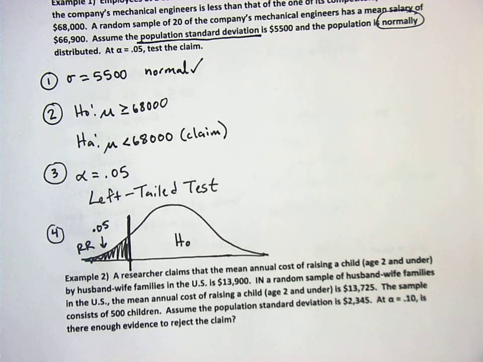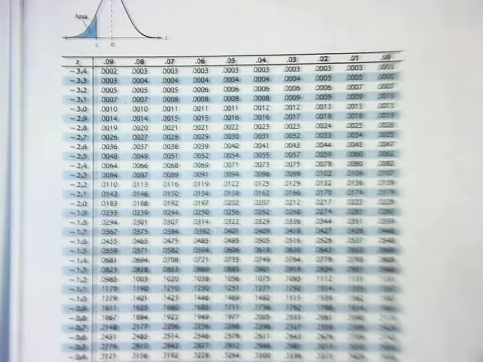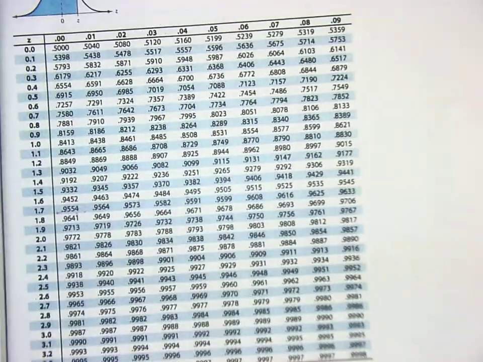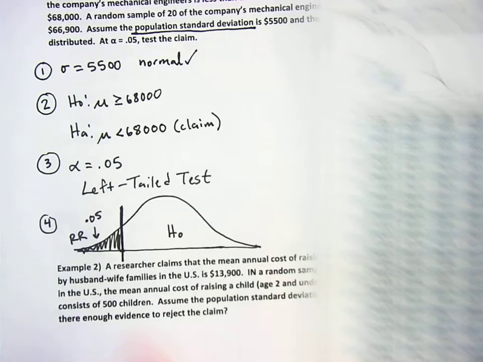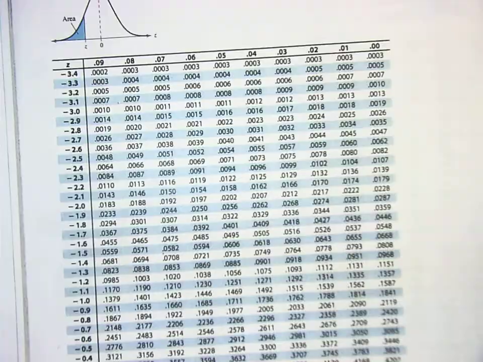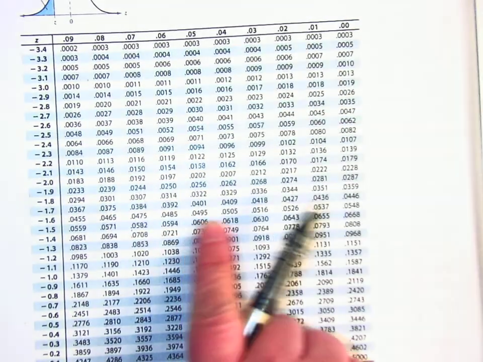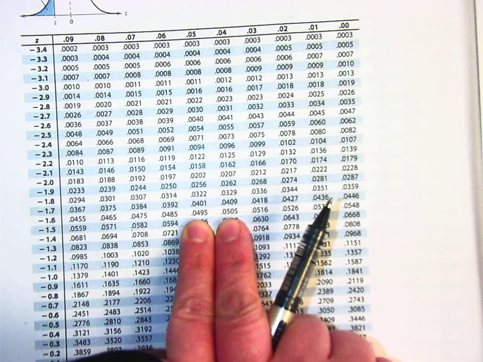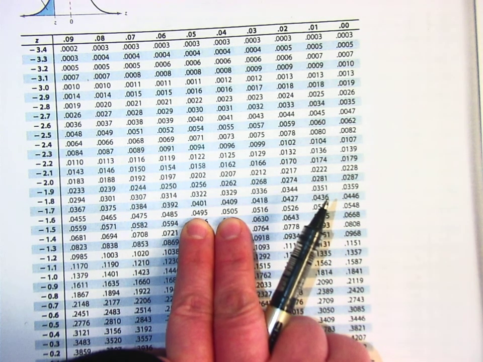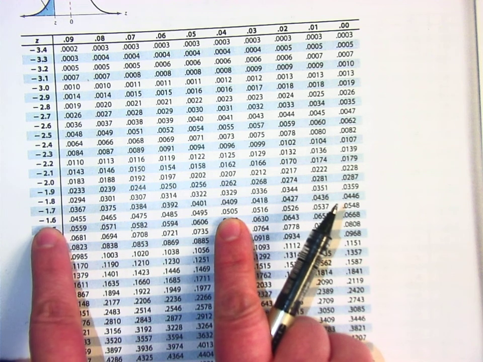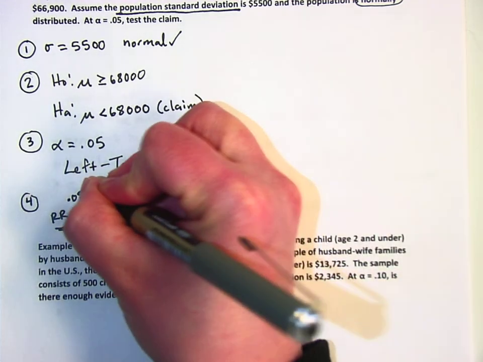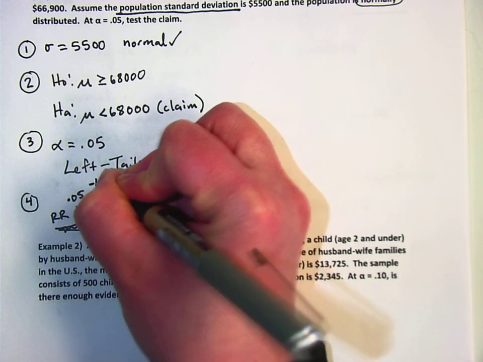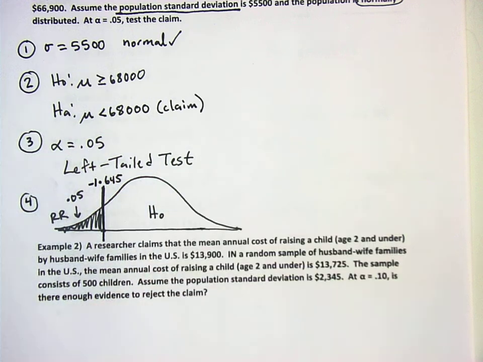So I'm going to grab my z-chart, which is on A16 and A17. It's that chart, the z-chart, where one of them is negative and one of them is positive, that we learned how to use in the confidence intervals. And you're going to be looking up 0.05 on the left. So 0.05 in the middle of the table is right here. Again, if I'm going too fast for you, then just pause. That is a z-score of negative 1.645 because it's halfway between these two. So our rejection region here is negative 1.645. So if we